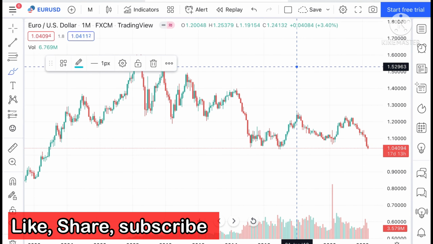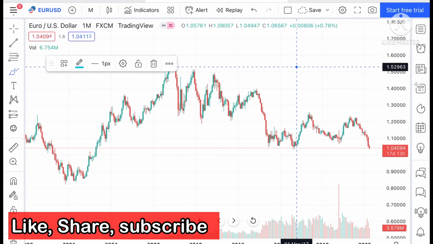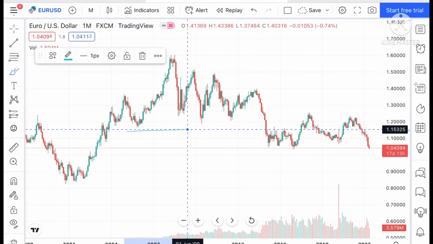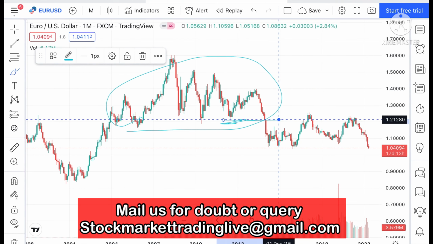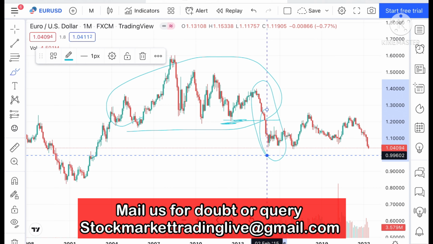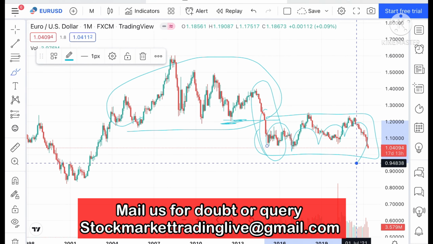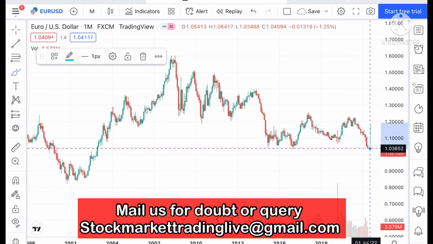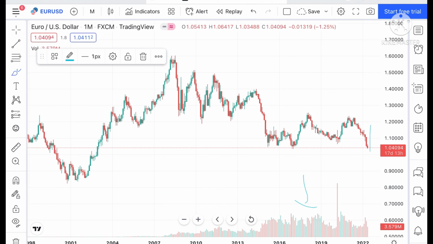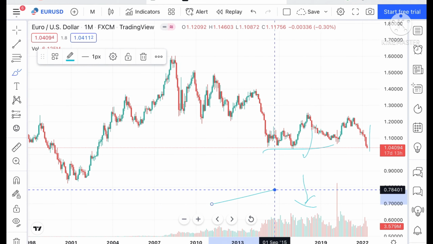See, if you look at the chart of Euro USD, what we have seen is that it is continuously downside. But what downside? If you look at the chart, this is the particular range. Same way, once this range breaks downside, we have seen this particular down, and if we look at this range, we have seen again in this particular zone. Once this zone breaks downside, we can see it can move further down, and then it can cross and touch a level of different lower points.